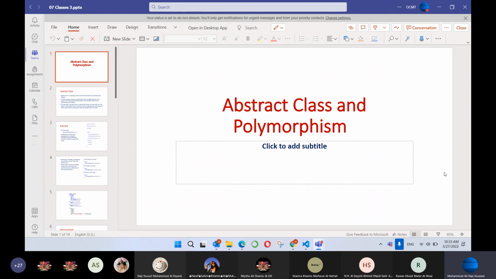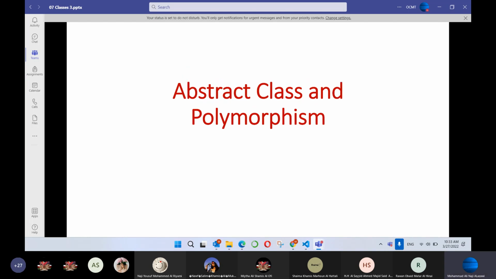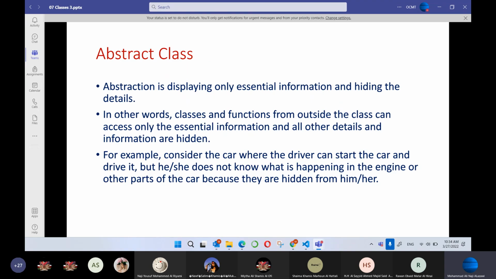So let's start screen sharing, slideshow, and we will see. And also to remind you, this is the second time we are explaining this topic. So we'll start with the abstract. So abstract class or abstraction process is displaying only the essential information and